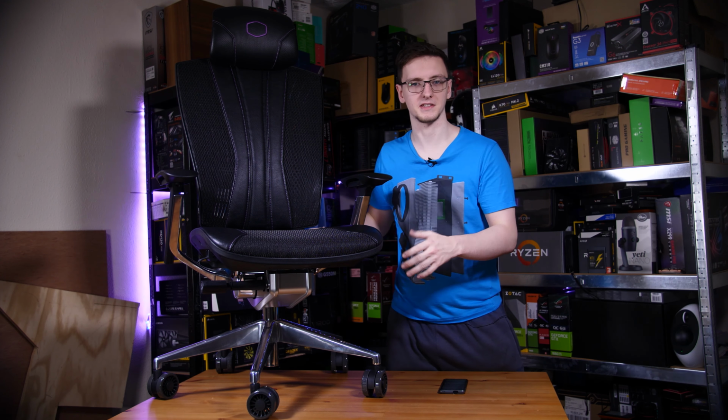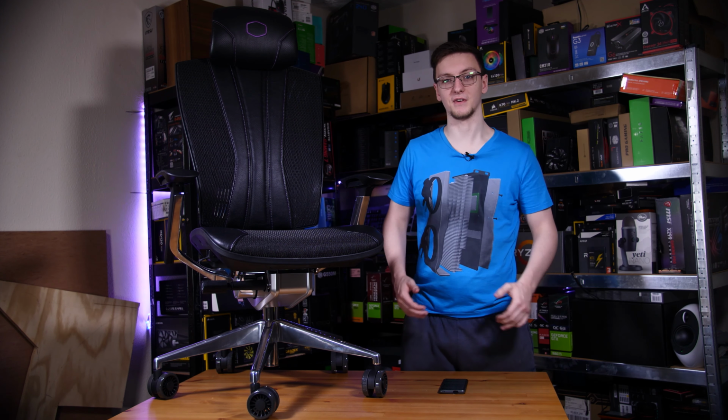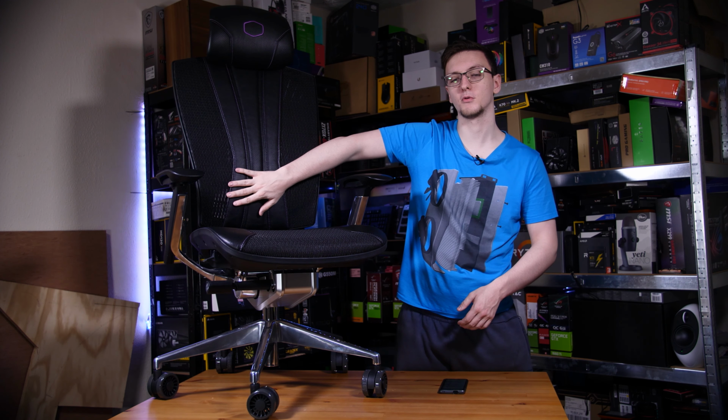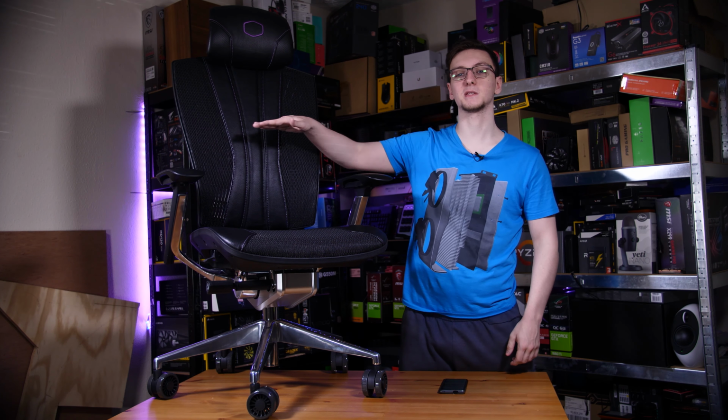Now I do fit on it, I can sit on it just fine, and even with the sliding base, my legs do actually fit, can be the right length, but the backrest is too short. The lower lumbar support, which is adjustable, we'll talk about that in a second, even at its highest position is still too low, and the headrest, even at its highest position, digs into my back and barely touches the bottom